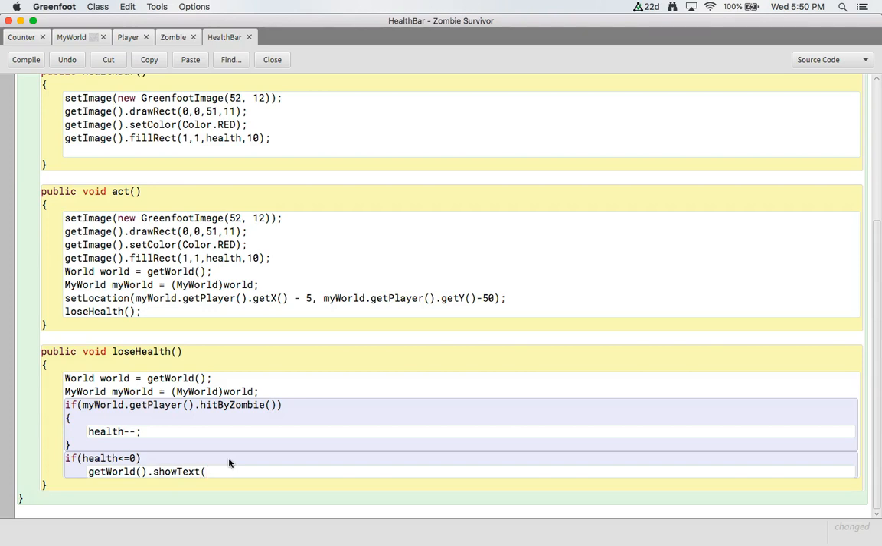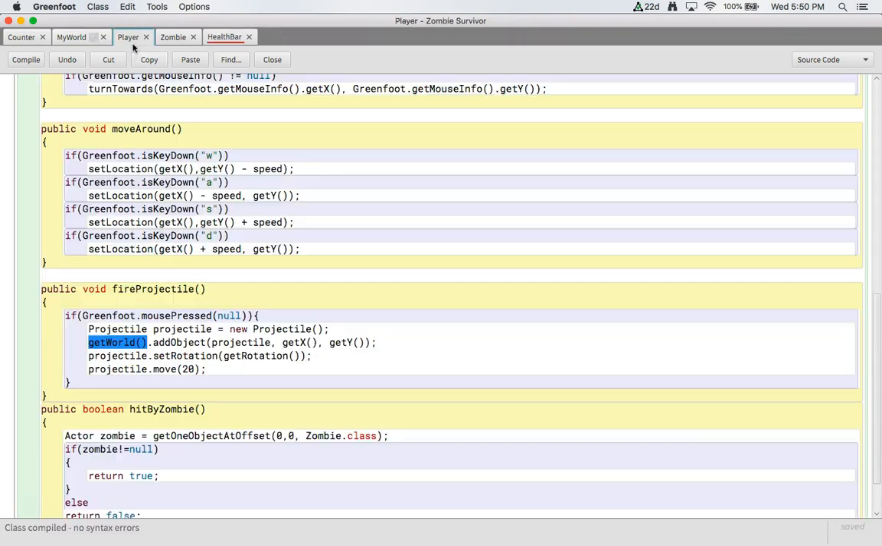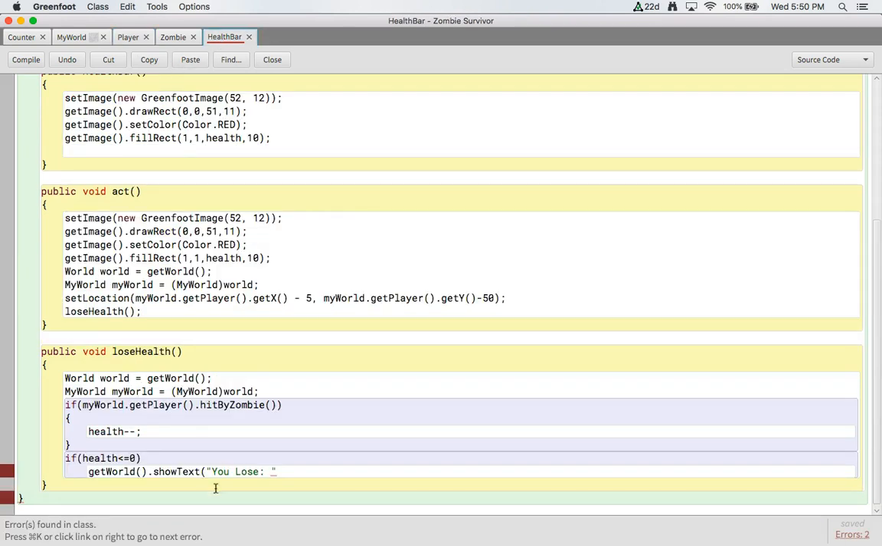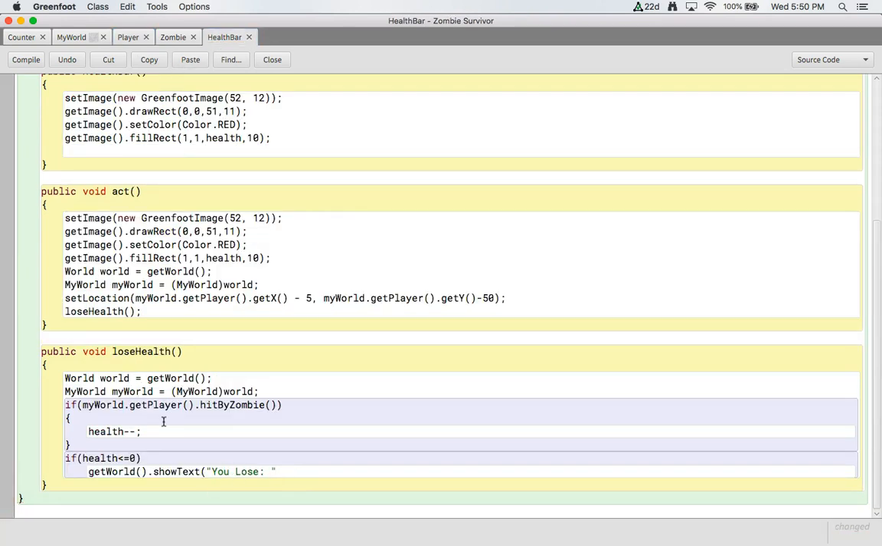we can just do show text like we did before, but if you want to create a new Greenfoot image of a you lose screen, you can, or add a class for you lose and add in an object, an image that is you lose, but I'm going to say you lose, and I think I had that in our player class prior, but you lose, and then we're going to add in next line. So you lose, next line, you survived,